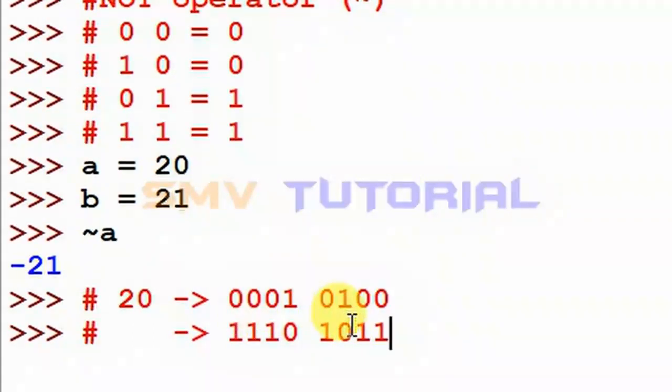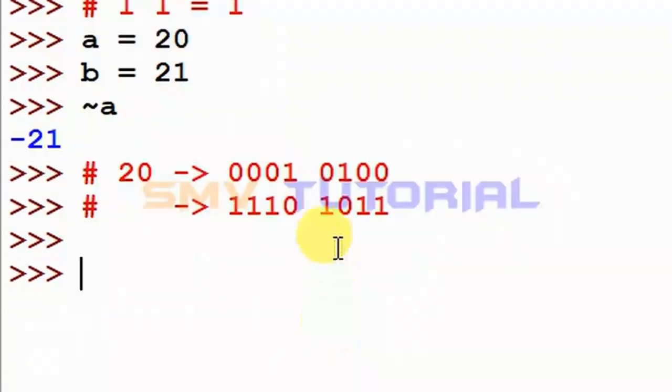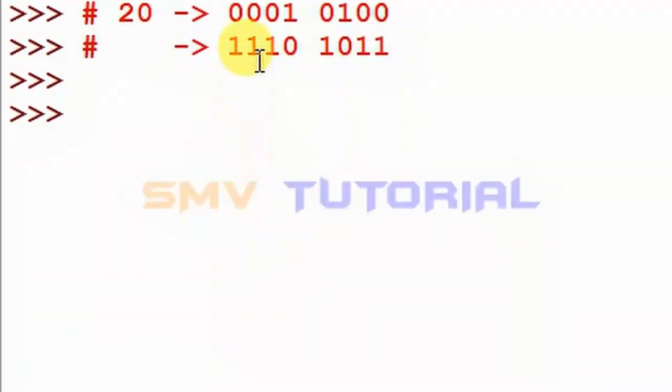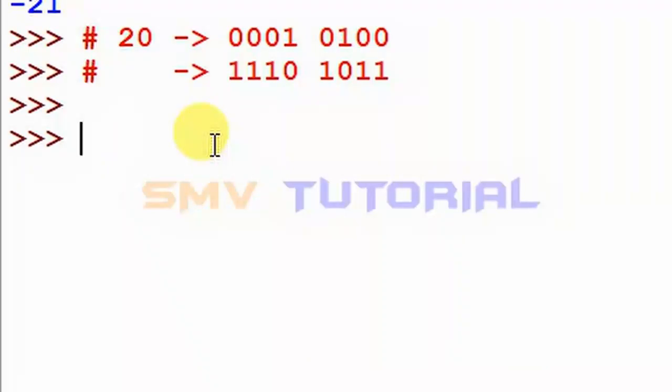I am explaining that. How to check this means, first you take the plus 21 binary value. The plus 21 binary value is, this is a plus 21 value, that is 0 0 0 1 0 1 0 1. This is a plus 21 binary value.